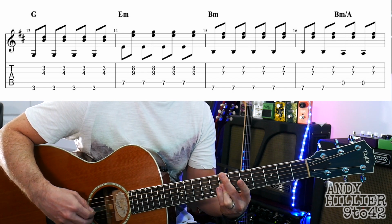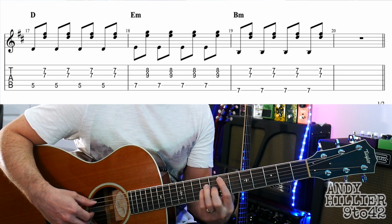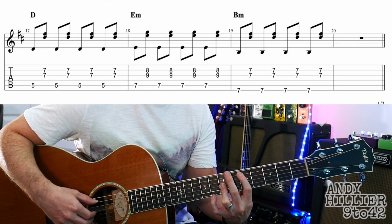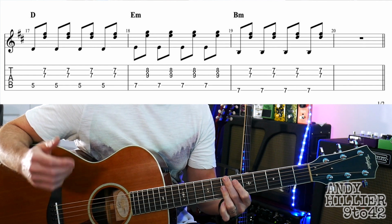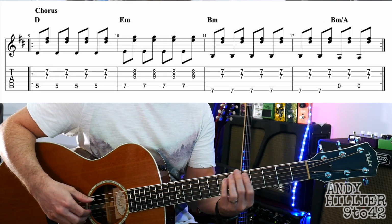And then the 4th time round is just going D, E minor, and then the B minor for a bar, and then there's a bar rest. So that fourth line of the chorus goes. And bar rest there. Okay, so let's try and put the whole chorus together. Up to speed, ready, and...